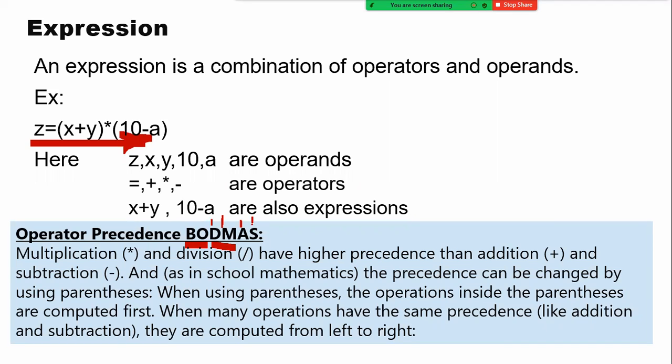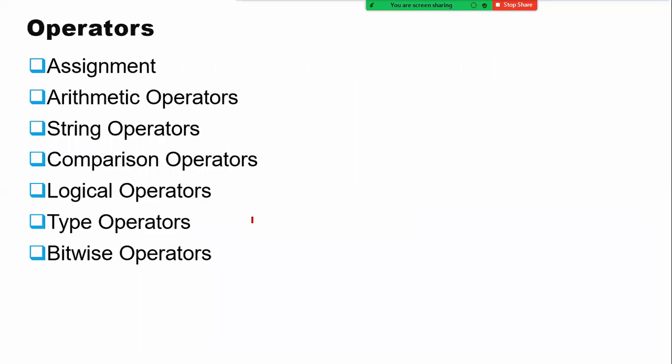As we said, the expressions are evaluated from left to right. When you talk about operators, they are classified into different types based upon their functionality, what they are going to do. For example, an operator which does addition or subtraction, I call it an arithmetic operator. An operator which compares two values, I call a comparison operator, or a relational operator.